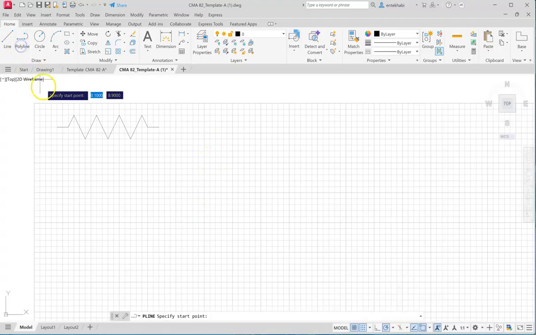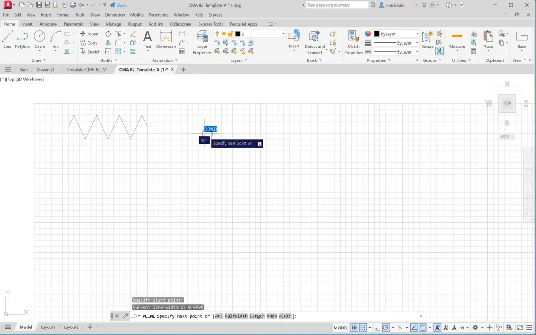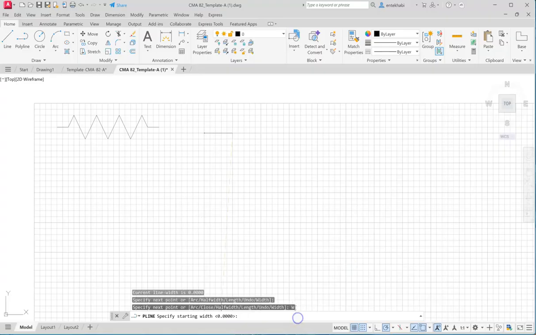So polyline gives you a better option. Under the polyline, pick a point. You want to go to about 0.5. I can type that, or I can see that it jumps every 0.1, so exactly 0.5, I click. Now I'm going to change the thickness of this polyline by typing W for width or selecting from the menu here.